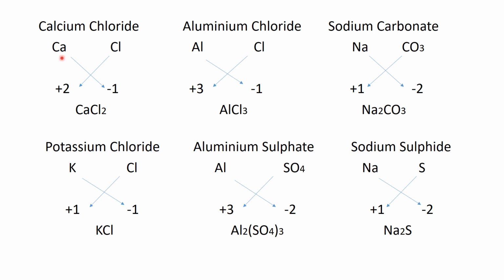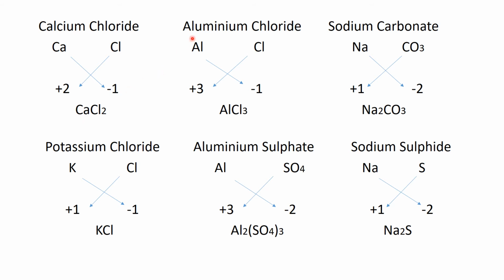As calcium has valency +2, you will write +2 below calcium. Chlorine has valency -1, you will write it below chlorine. And then you will cross these valencies. This is the third step, and this method is known as the crisscross method. And in the last you will write the name of the compound. As you can see here, calcium is multiplied by 1, that is the valency of chlorine, so no number is indicated, meaning calcium is 1. Chlorine is multiplied by 2, which is the valency of calcium, and you can see here Cl2. So in this way the formula is CaCl2.